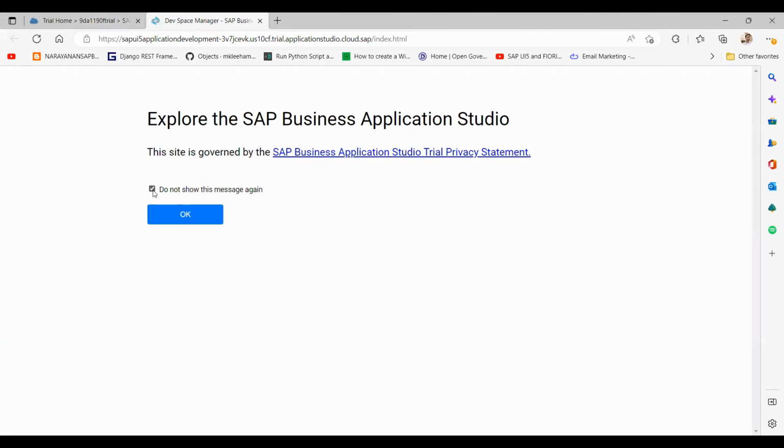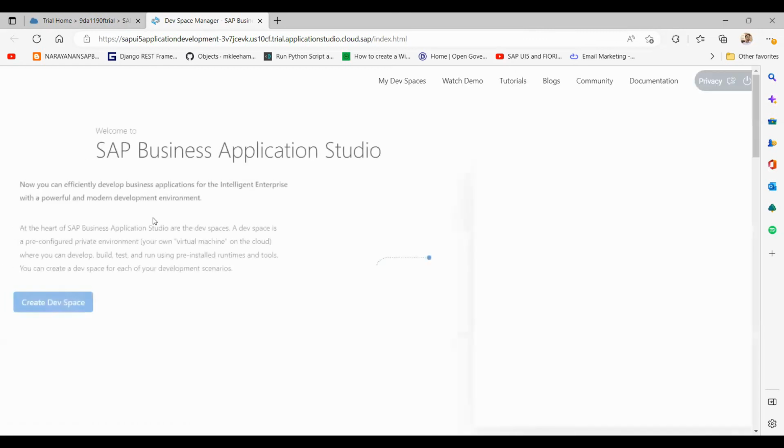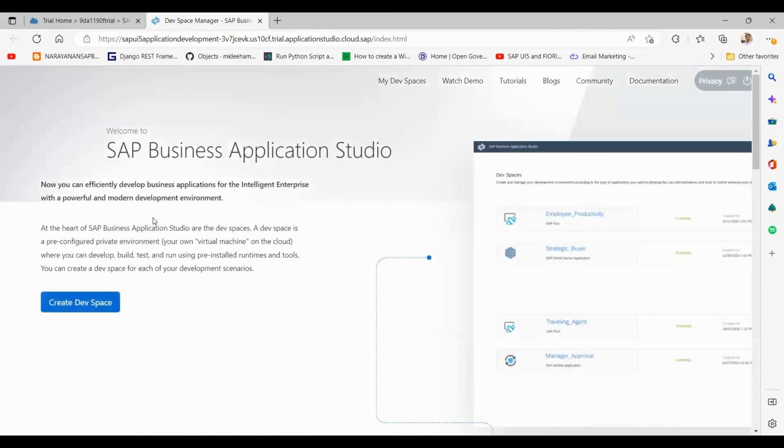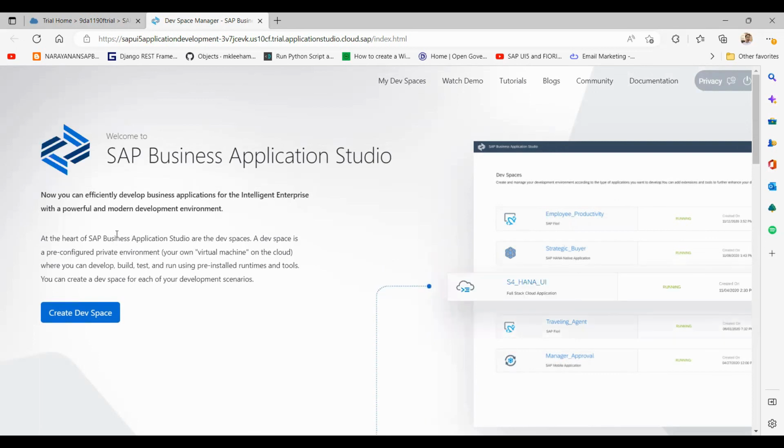Click on this so you don't get this message again and again, and click on OK. Whatever activity I'm doing, this is a one-time activity for setting up the SAP Business Application Studio for each sub account. So I have created the services, and now created an instance for those services, and I'm configuring